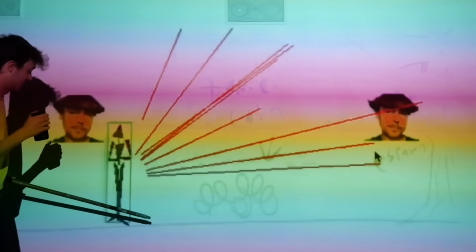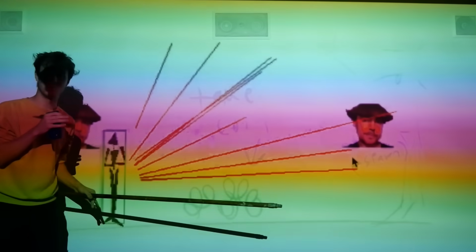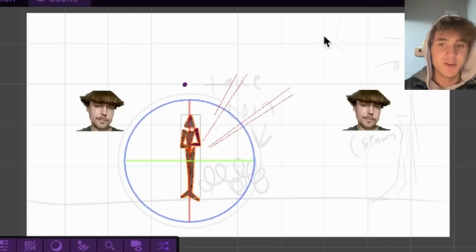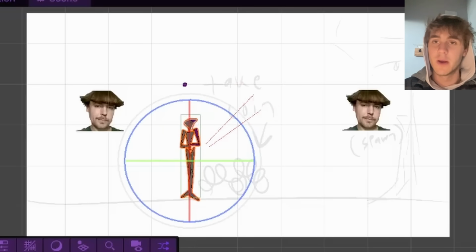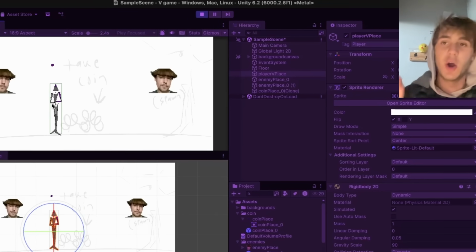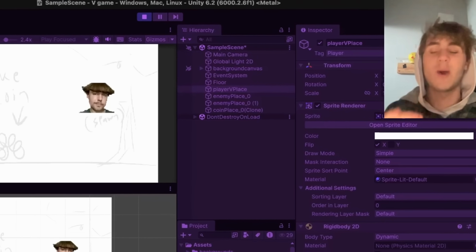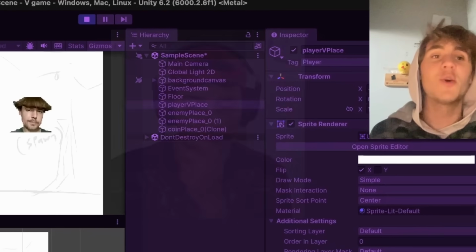What? How this works is it creates a little circle around the player and then it renders from the edge of that circle to where you click. And then if there's anything in that line, then it will add the velocity to shoot V. This took about 60 years to get the little red lines to work. They would start from the player and then the grapple would be like, yo, we found something to grapple to,